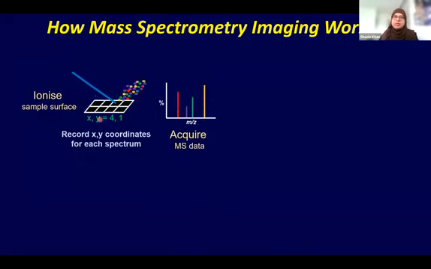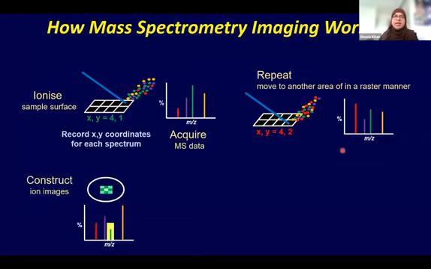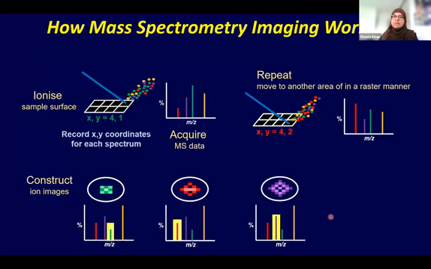And this process continues in a raster manner, like this. So MSI spatially maps the molecules according to their XY position and accurate mass measurement and provides multidimensional data sets. And then software reconstructs the images by plotting the intensity of each individual ion at each coordinate across the tissue, and then the images reveal the spatial localization and relative abundance of a specific molecule throughout the